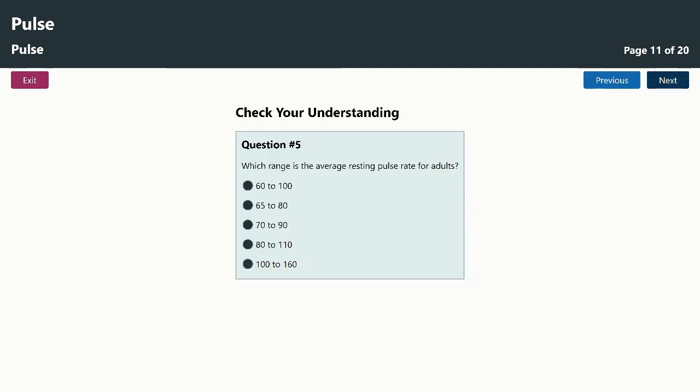Which range is the average resting pulse rate for adults? 60 to 100 for adults. Anything over 100, we'll say it's tachycardia. Anything below 60 for an adult, we'll say it's bradycardia. And some people walk around with low heart rates, but